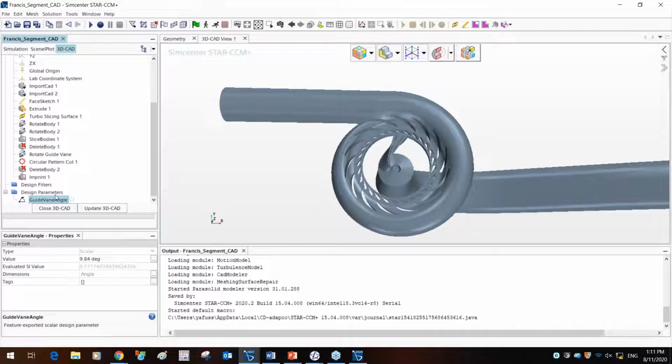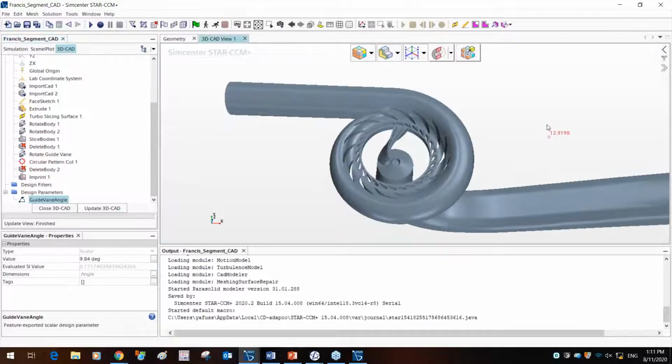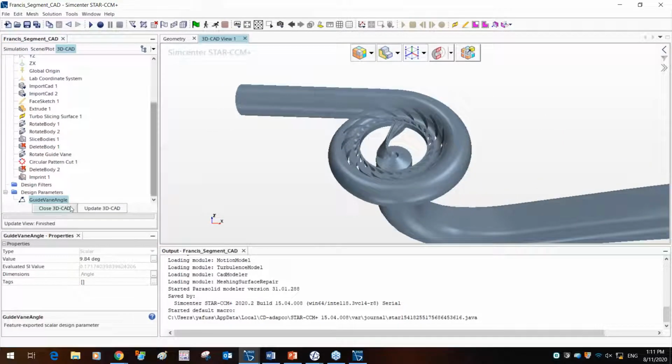optimizer essentially. So in this model, what we're going to do, as I mentioned earlier, we're going to optimize the design vane angle to look at, let's say, the total power and the effect of the total power on the design vane angle. Now, this is the CAD modeler, and these are the operations that were conducted here.